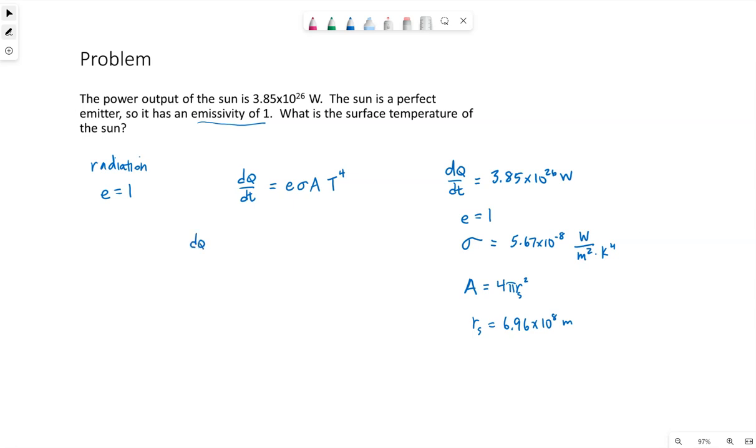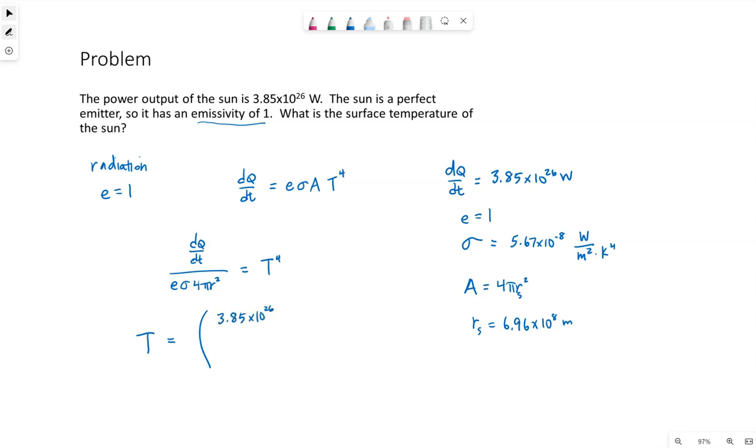So dQ/dt, we can divide by E sigma, area 4 pi r squared. That will leave us with T to the 4th, which we take the 4th root of both sides, we can find the temperature. So our temperature will be,